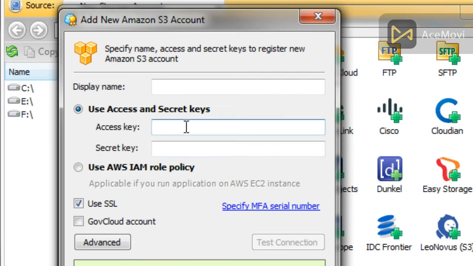What's nice about this is once you get the key, it'll connect to the system and you don't need to worry about creating buckets within the Amazon S3 dashboard, which is something that you used to do. So you can do everything within the program itself. So now what I want to do in step 2 is to show you where to get these access and